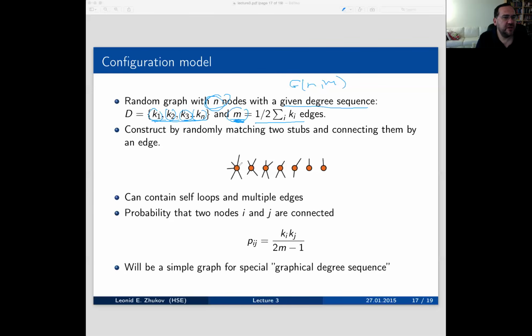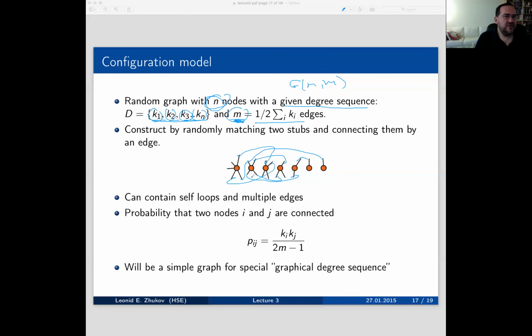Well, which means really, okay, here are those nodes, and these are sort of edge stubs, which means not full edges. If a node has a degree, say 1, 2, 3, 4, 5, we use this sort of stub with 5 stubs here. And so what we're going to do as a random process is take any stub from here and connect it to any stub from another node. Take this, connect to this. Take this, connect to this. Take this, connect to, I don't know, here. Take this, connect to this guy, etc., etc.